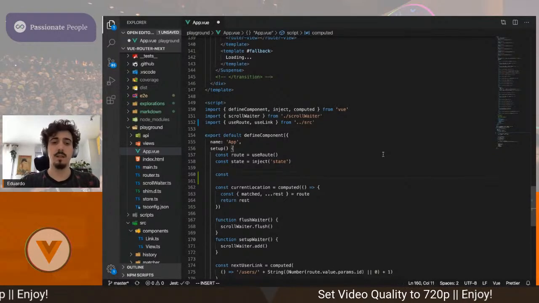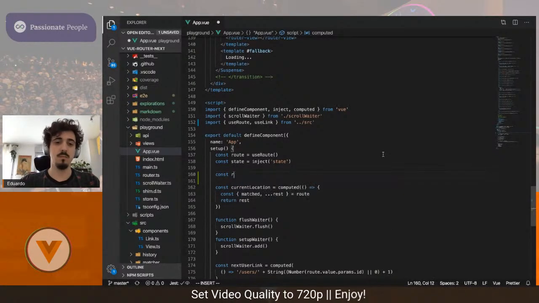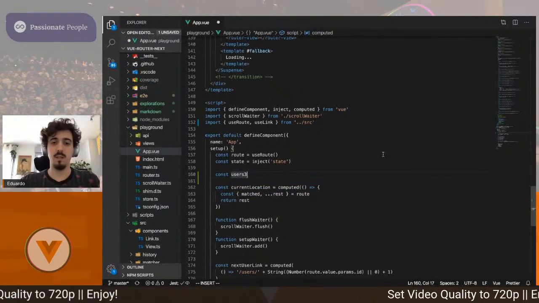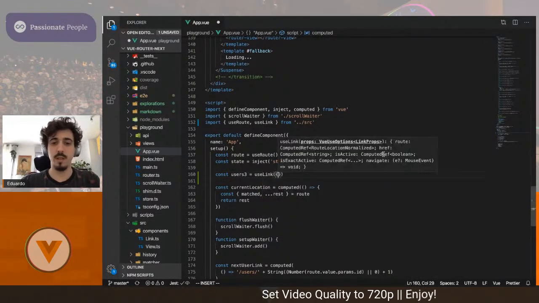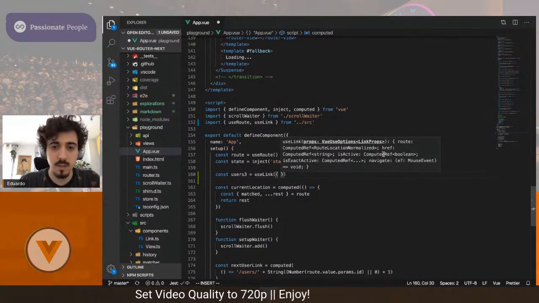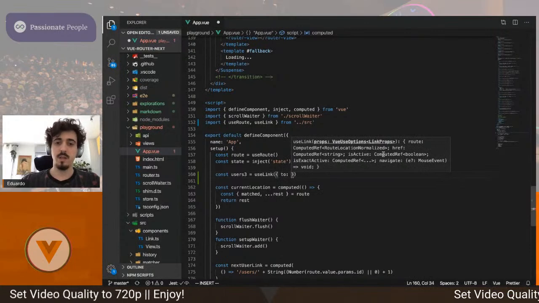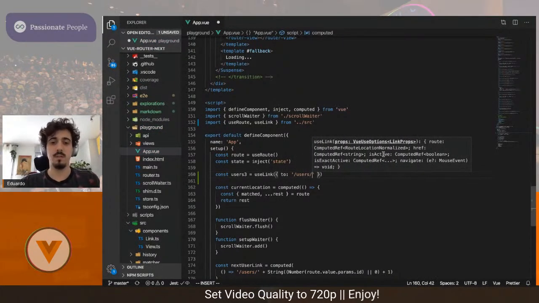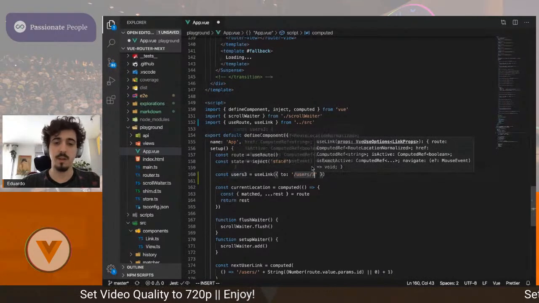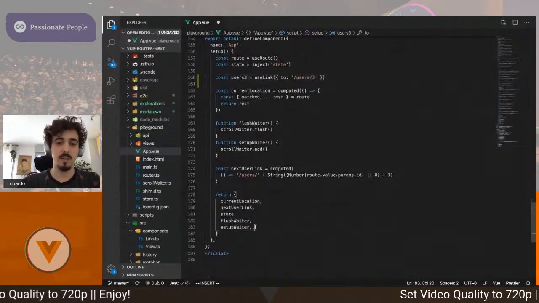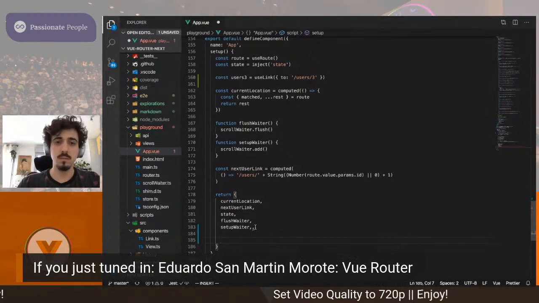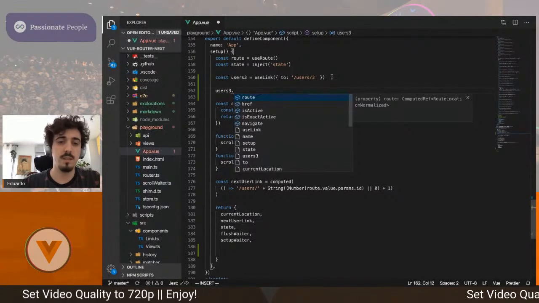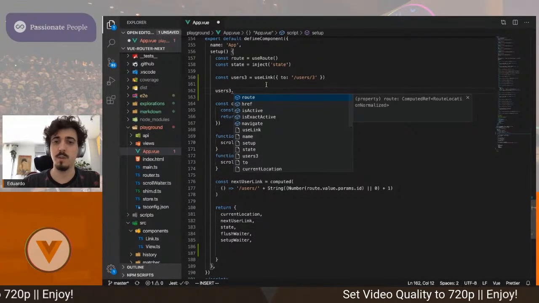And I can say, I don't know, users3 useLink, and then I can provide some options. I can say anything that is the same as the router link to. So I can say users3. This is going to give me an object with a lot of things. I can get everything there like this. So I have the route, the href, everything we saw before.